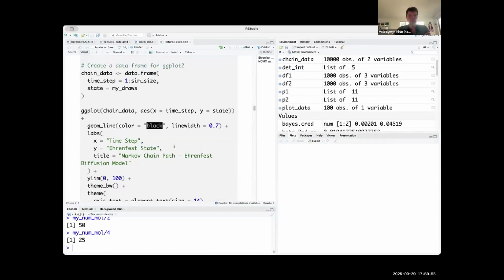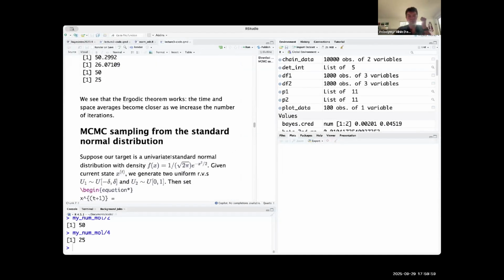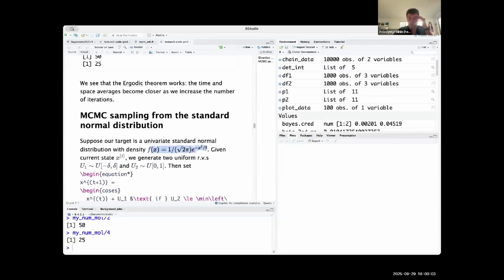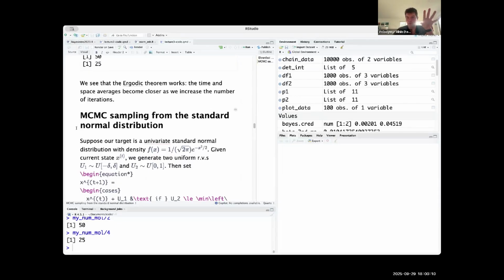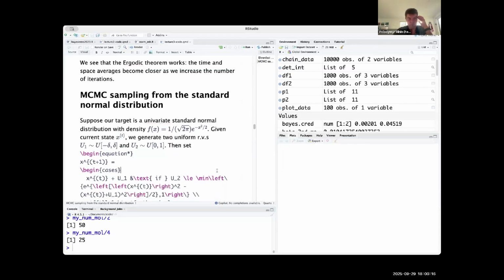Okay, so here's this demonstration. Suppose I wanted to sample from a standard normal distribution, and suppose I didn't know how to do it, which is silly. I know how to sample from a standard normal distribution, but it's an exercise, right? So then what I could do,